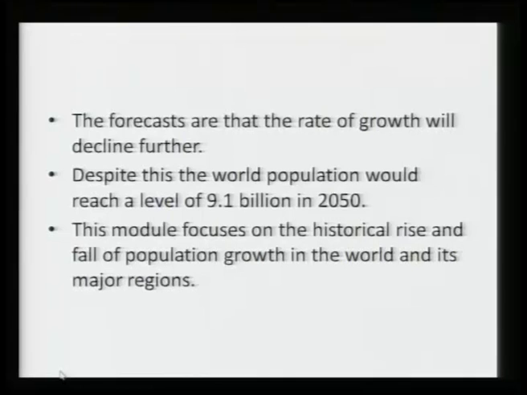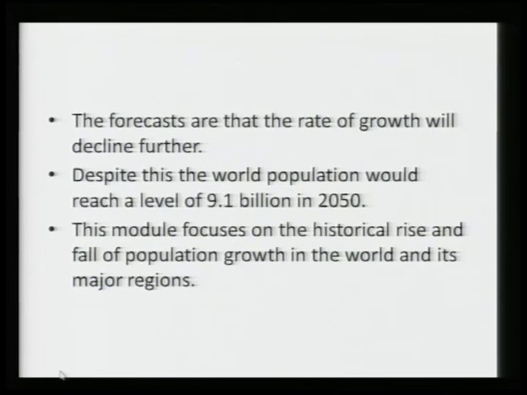So, earlier I said that if population grows at rate 1.2% per year, then in 60 years time, by year 2070, we would become double the present size, 13.6 billion. No, much before 13.6, we will stop somewhere around say 10 billion. In 2050, world population is going to reach a level of 9.1,